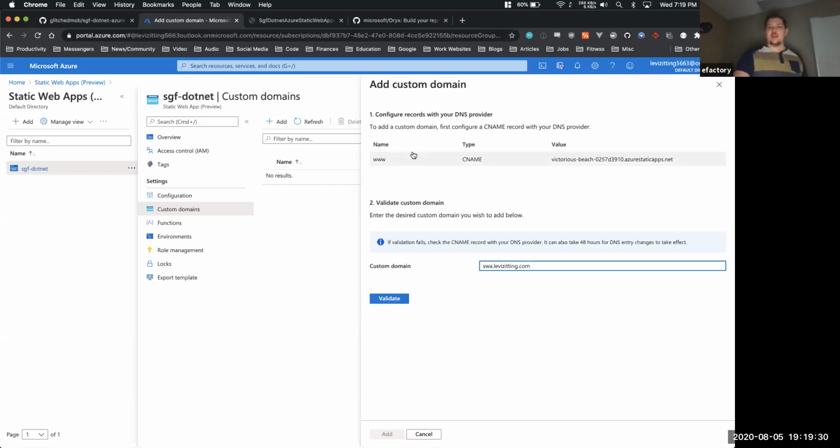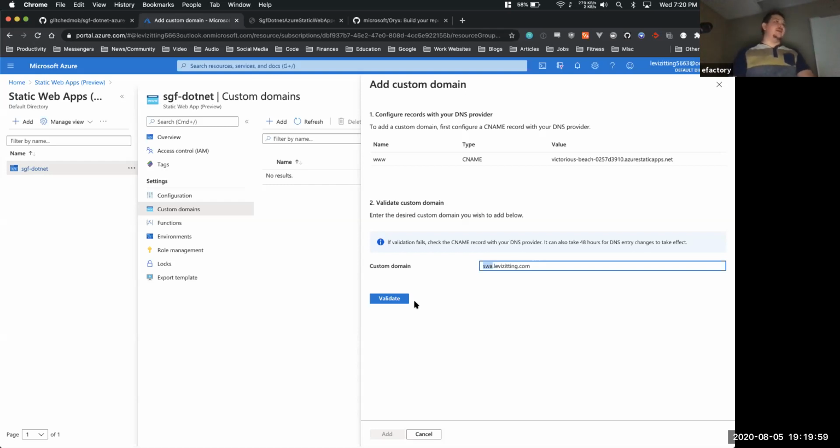Before I do that, they actually have some instructions up here for the DNS records I would need to go update. So they're telling me to go add a www CNAME record pointing to this. I do believe that instead of www, I could also have whatever subdomain I wanted there, and it should still work. Could be wrong though. I haven't actually tried it. It might be entirely possible that only the www one works,